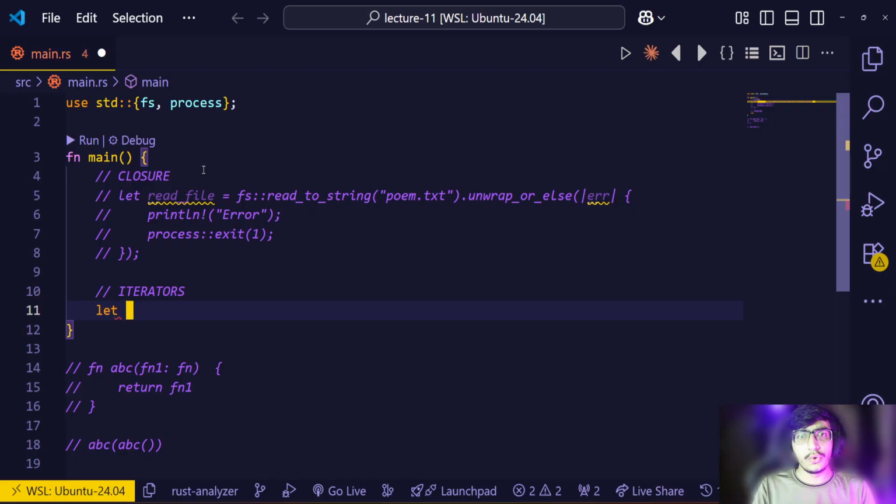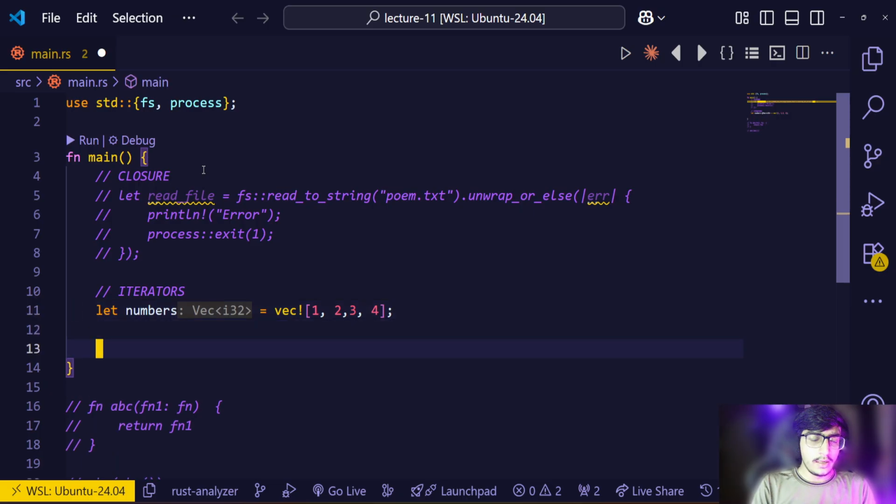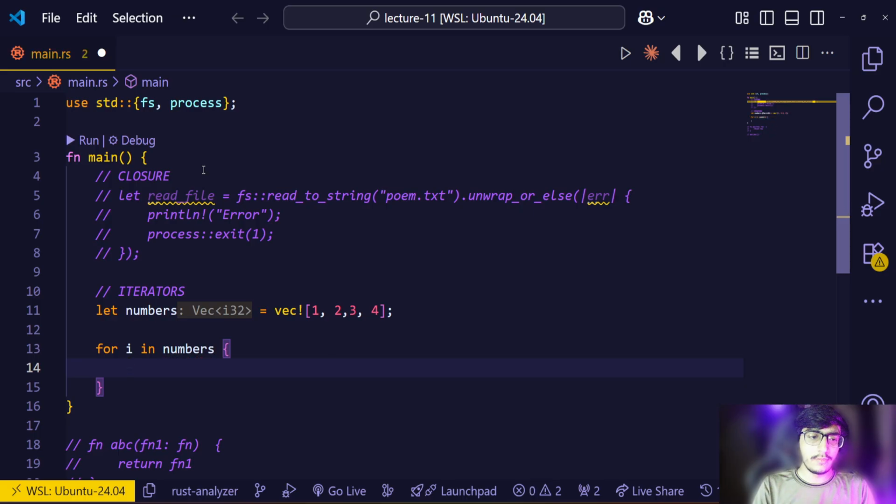Just run a for loop, whatever you want. Let's say I have a vector of numbers, vec macro 1, 2, 3, 4. And if I want to loop over or iterate over this vector, I can do it directly like this: for i in numbers, and then I can print